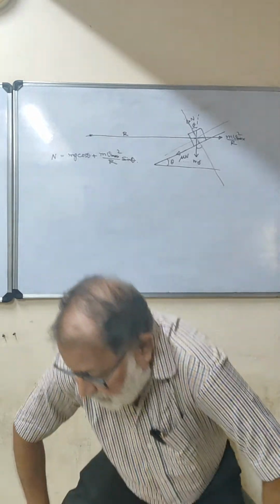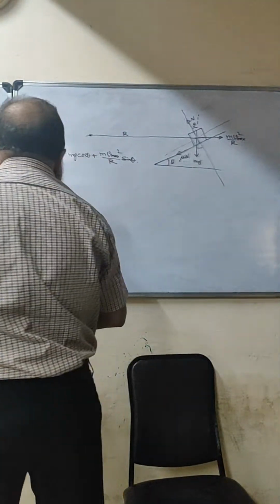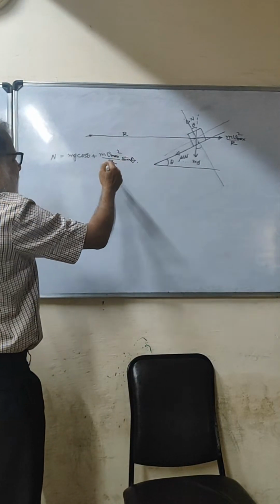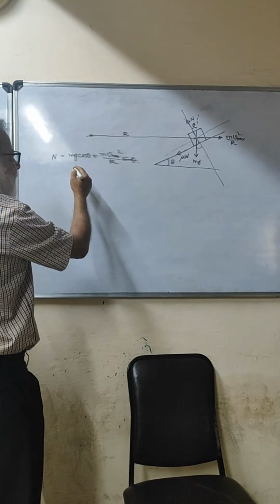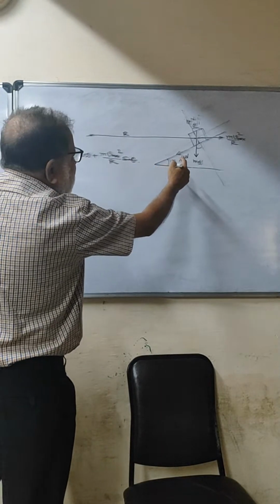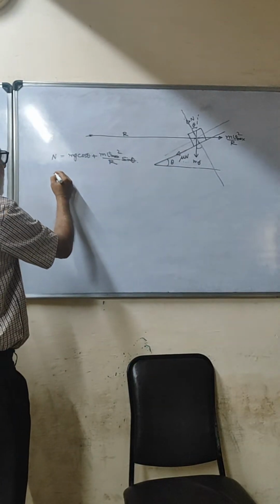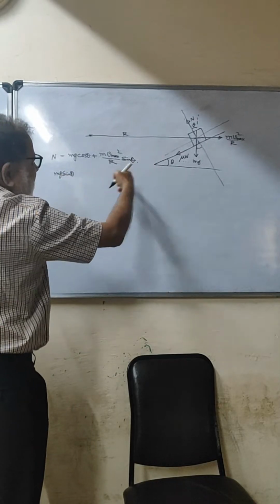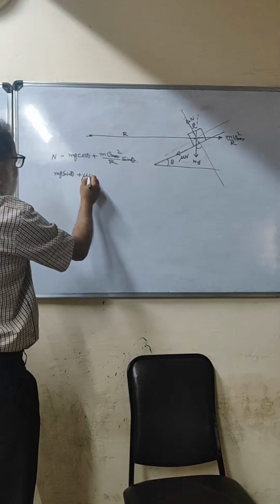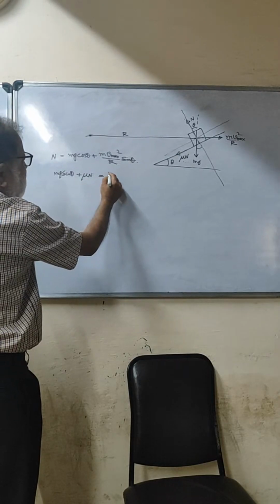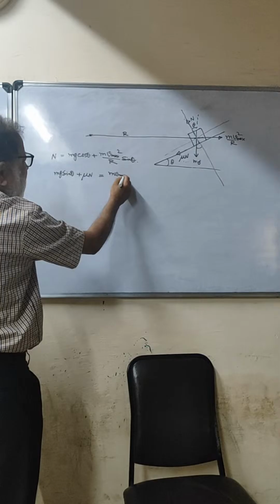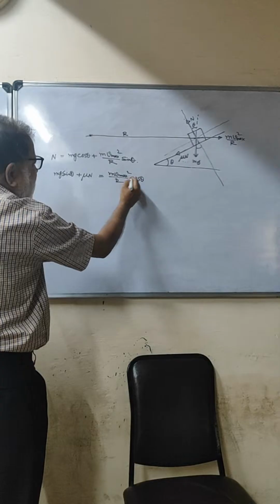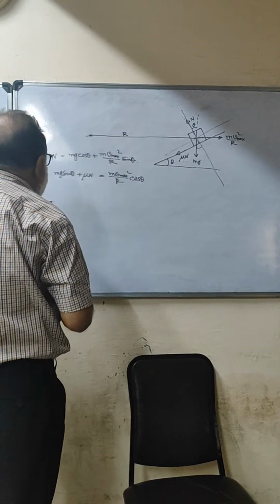Clear? So this is the equation of equilibrium along the normal direction, and the other equilibrium is along the incline. Along the incline, mg sin theta as the component along the incline plus mu N down the incline must be equal to m v max square by r cos theta. হ্যাঁ, এগ্রিড? আচ্ছা, এটাও লিখে নাও তাহলে।